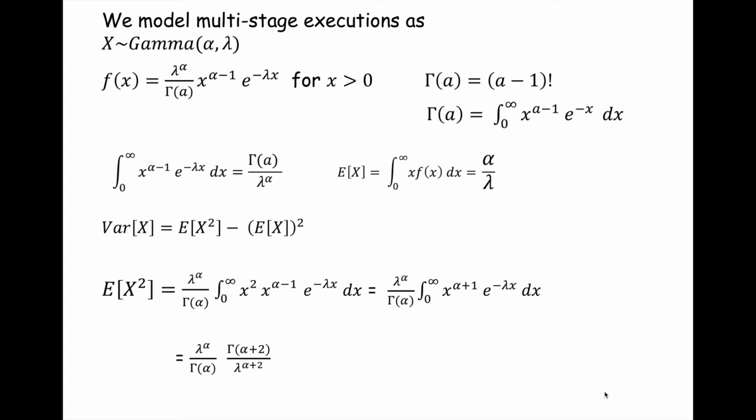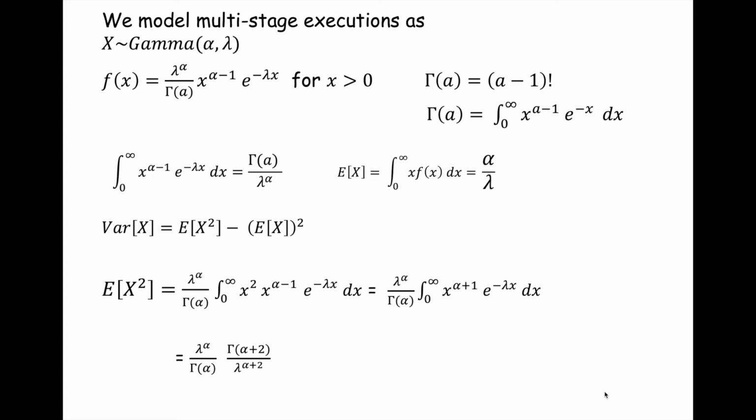And for this lambda term, I write lambda squared times lambda to the alpha power, because lambda to the alpha plus 2 power is just the product of lambda squared and lambda to the alpha. So now I cancel. I have alpha minus 1 factorial in the numerator and in the denominator, that goes to 1. That leaves the numerator as alpha plus 1 quantity times alpha. And then on the other term for the lambda term, I have lambda to the alpha in the numerator and denominator. That goes to 1. I'm left with 1 over lambda squared in the denominator.